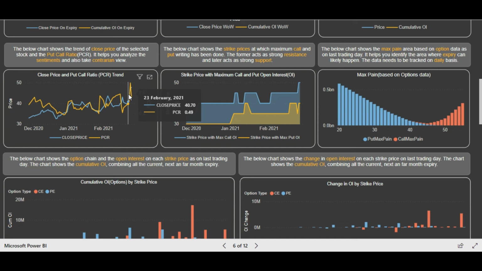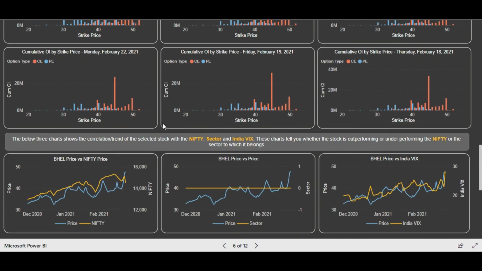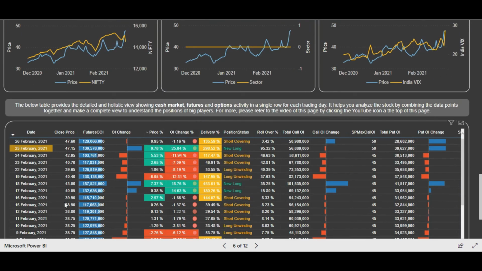So in this way, friends, you have to do the analysis and keep your stop losses just below the prices from where the smart player started buying. So if you go again to the bottom, what you have to do is, if you are buying on 17th or 18th, then you have to keep the stop loss at the low of this particular day if you are conservative, or the average price of that particular day. Basically, because the smart player has started buying from that price. So friends, in this way you have to do the analysis.